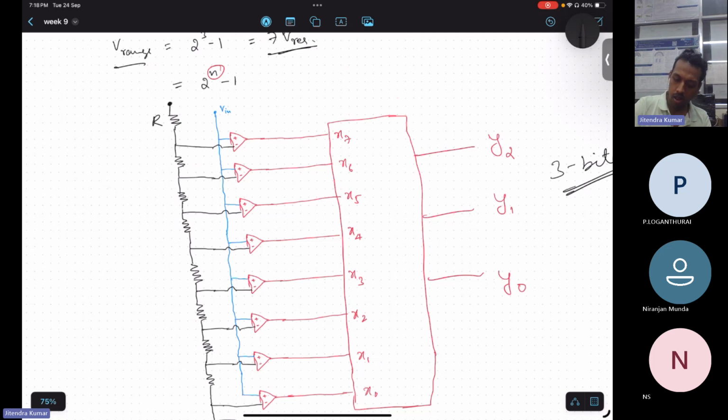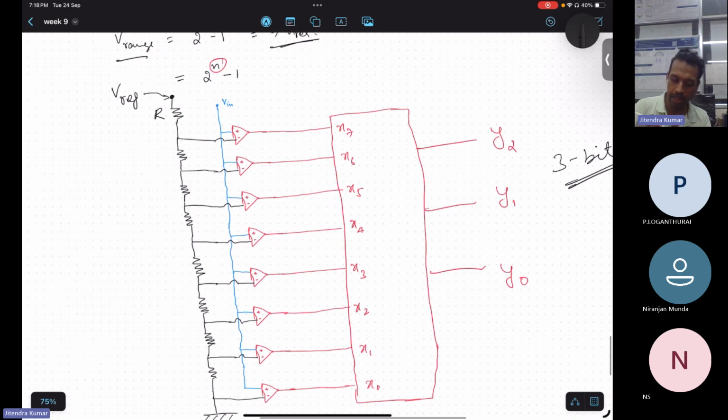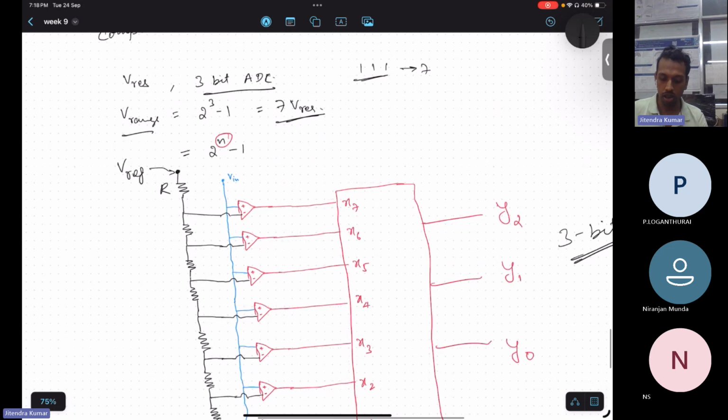So all these resistors will be connected with V reference. This V reference will be connected at this terminal. And this V reference value will be how much? Just now we saw that reference will be nothing but the range. And range is how much? 2 raised to power n into V resolution. So reference will be